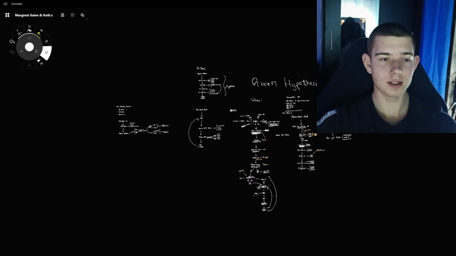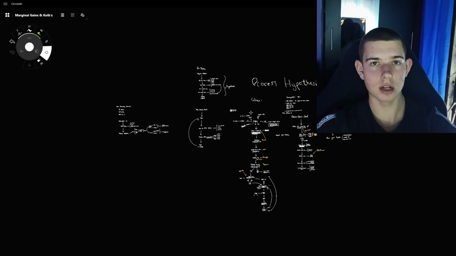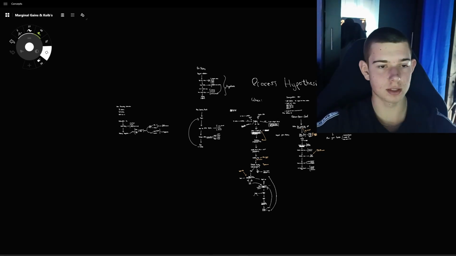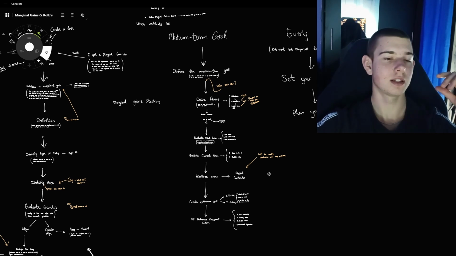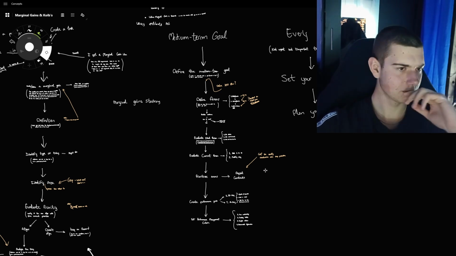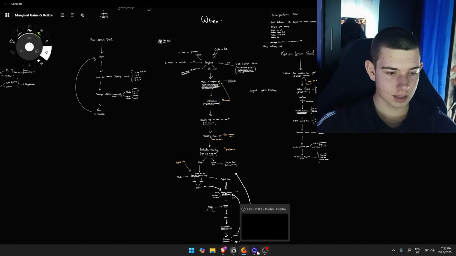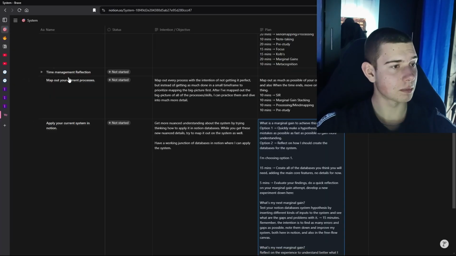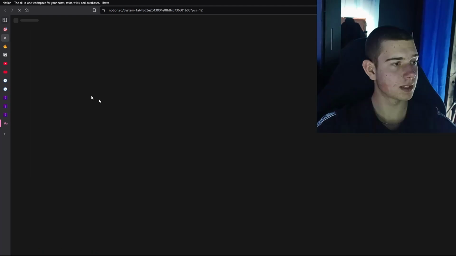Now, after I've actually completed this process fully, I'm gonna make a video and explain it 100%. But right now, as you see, there are many orange things over here. This means that these are improvements and inefficiencies that I need to work on. That's basically it. I also did some work here in Notion related to the system.